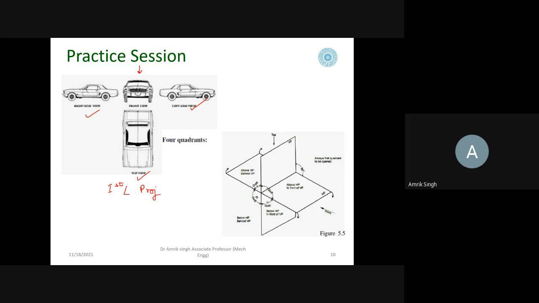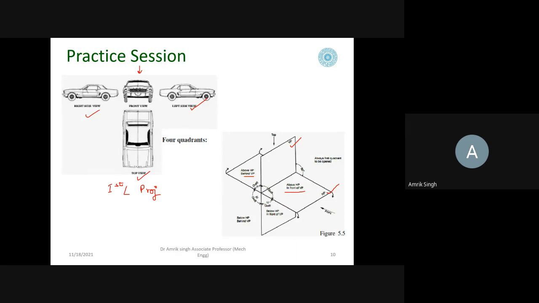In third angle, we draw as we see. These are the four quadrants. This is the vertical plane. This is the horizontal plane. This is above the horizontal plane and behind the vertical plane. This is above the horizontal plane and in front of the VP.